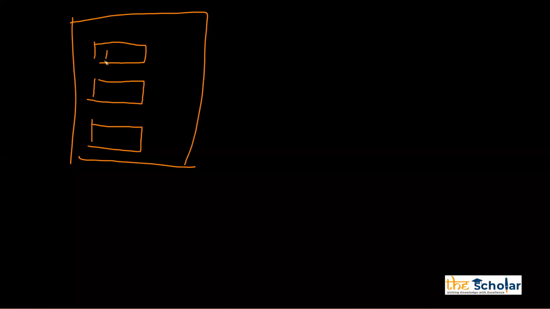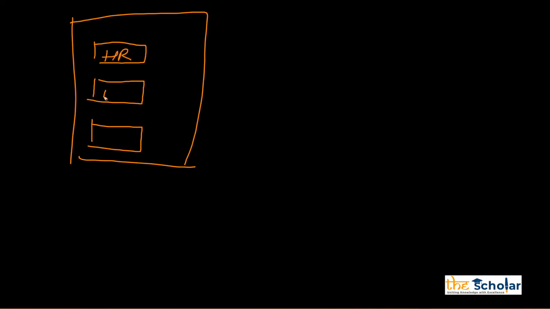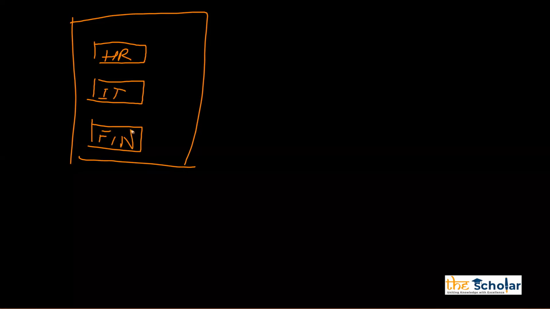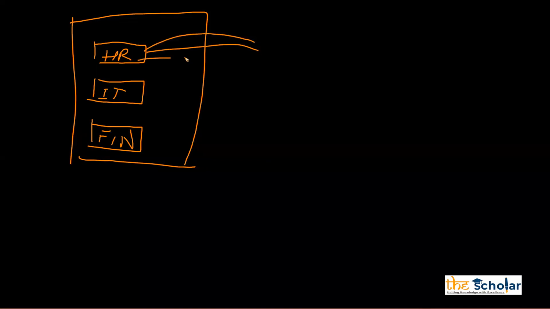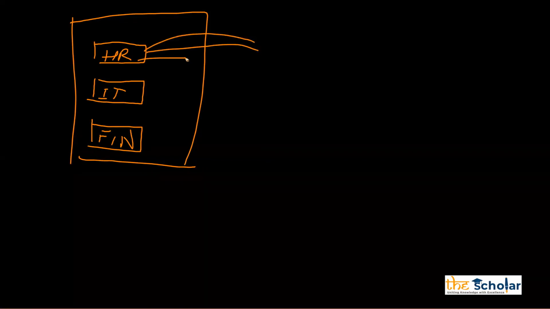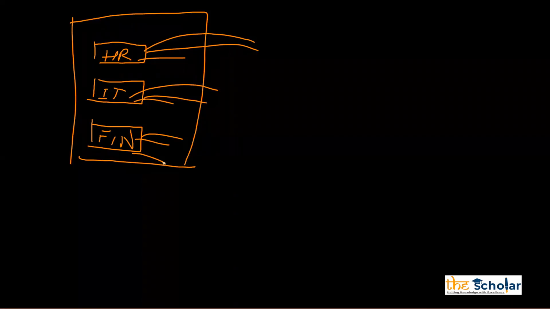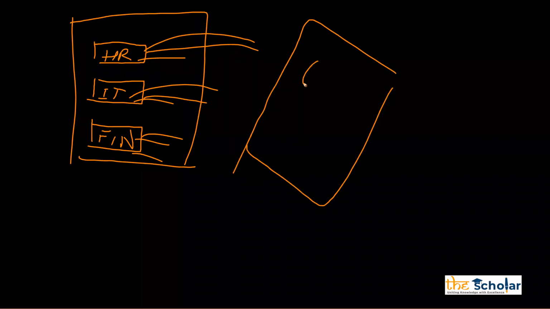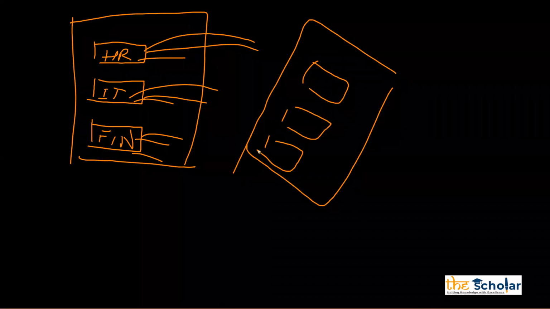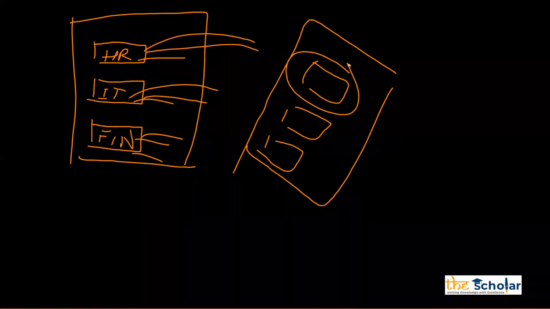Let's say I have an HR schema, an IT schema, and a finance schema. So a schema is like a folder where I will have all the HR related data, HR tables, HR views, and so on. Same way IT has its own tables, views, and so on. Same way for finance as well. So when we are creating a database, in that database we create a folder type of structure, and that is nothing but a schema. In that schema I will have the relevant objects of that particular type.